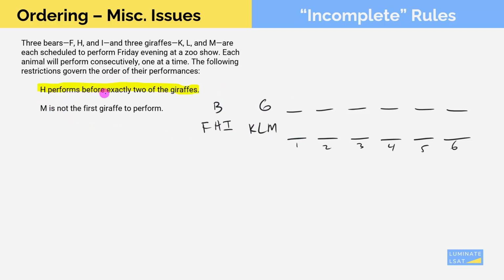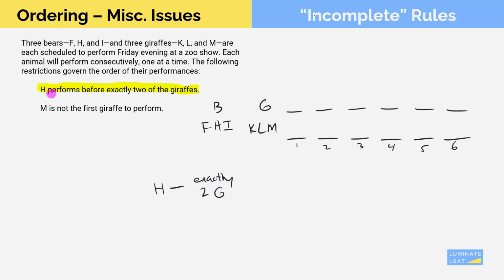H performs before exactly 2 of the giraffes. So H is a bear and performs before exactly 2 giraffes. So this is how a lot of students would first understand this rule or draw it on their diagram. They would do something like this. There's an H dash and then exactly 2G. Now this is a correct understanding of this rule, but this is what I think of as an incomplete rule